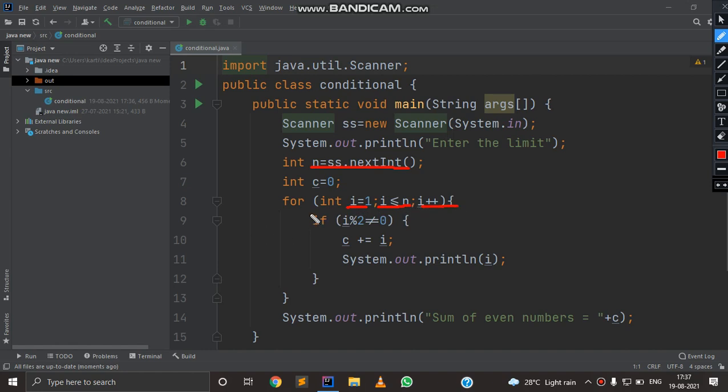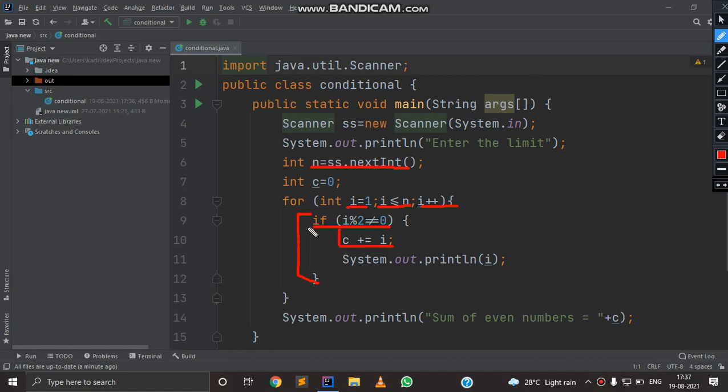Here is the main part of the program where we check whether the number running in this loop is odd or even. If the number mod 2 is equal to 0, meaning the remainder when the number is divided by 2 is 0, or not equal to 0, then only those numbers are added to this variable c.